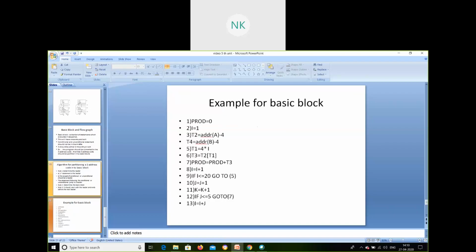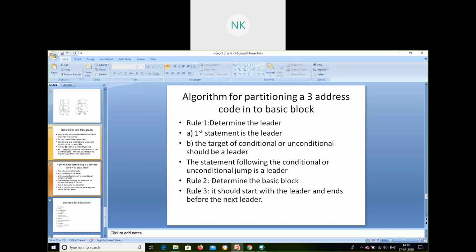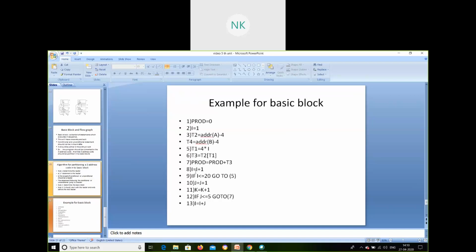I have a condition whose target is going to be 7. So 1, 5, 7 are leaders. Next, the statement following a conditional or unconditional jump is a leader. Here, following that is the 10th line, and the 13th line is also a leader. So 1, 5, 7, 10, 13 are the leaders.